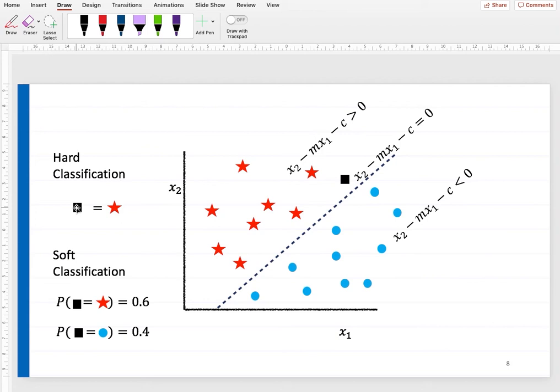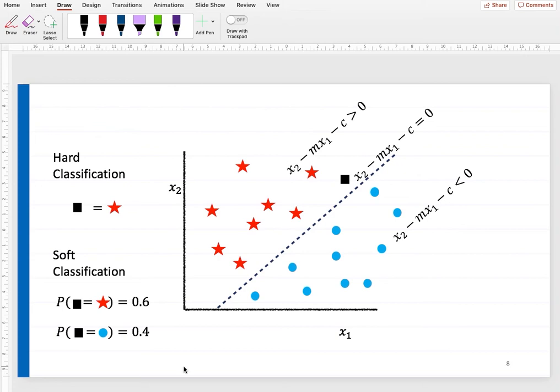But actually you know that this point is very close to your decision boundary. It could be a rose or it could be a lotus also. It looks like a rose, so there is more probability that this is a rose, but it could be a lotus as well. So that is called a soft classification. You are not assigning that this is definitely red, but you are assigning, okay, this is red with a probability 0.6, and it could be blue with a probability 0.4. This is your confidence in the value. I am 60% confident this is a rose, but 40% I think this might be a lotus as well.